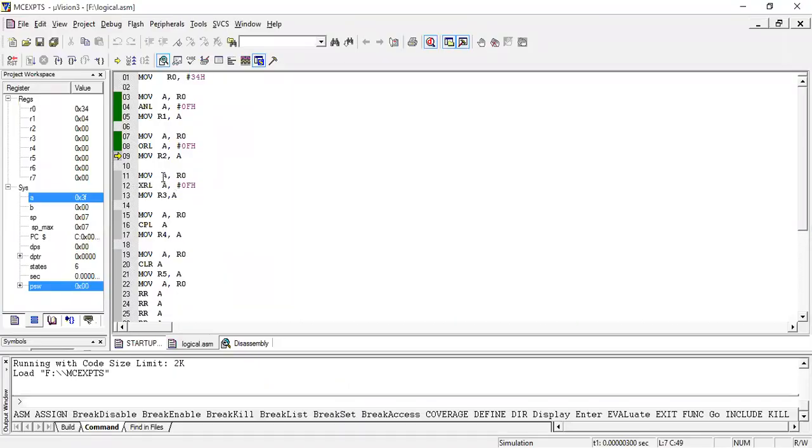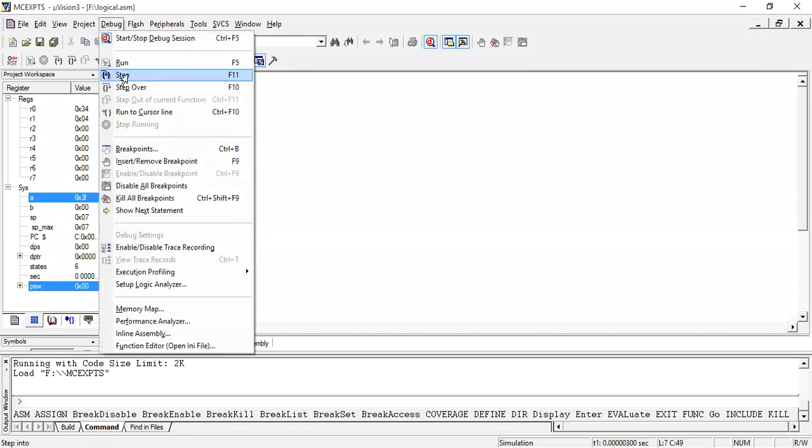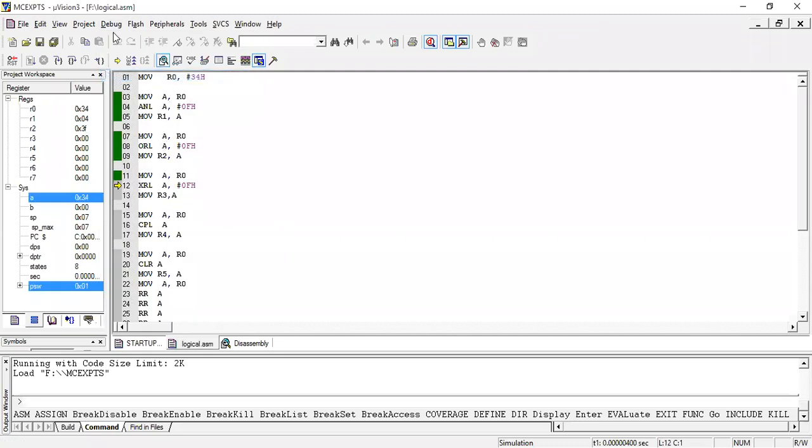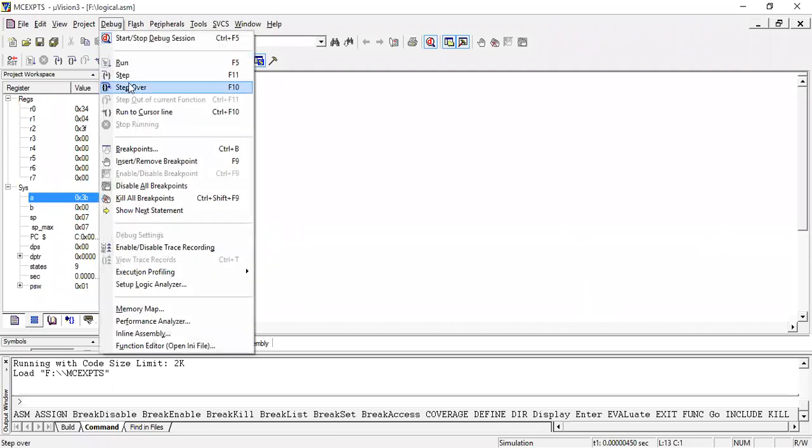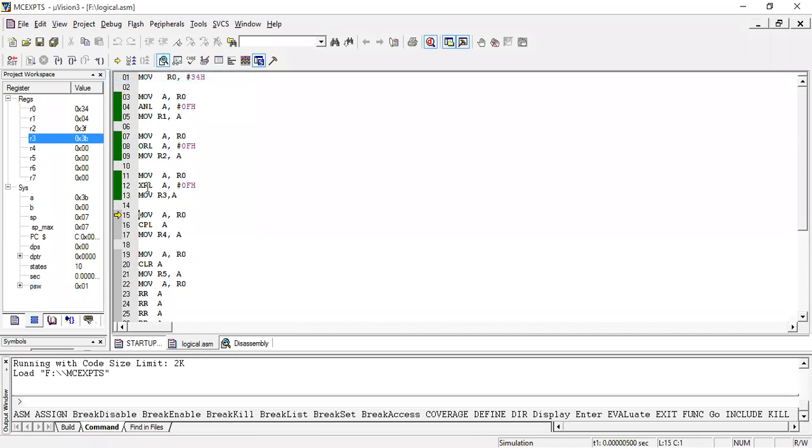And XOR similarly, again 34 and 0F, the result will be obtained. So let me do it step by step. The result of the XOR operation is stored in the R2 register. 34 is fetched, and the result is 3B after performing the XOR operation between 34 and 0FH. That result is moved to R3 as indicated here, R3, A.